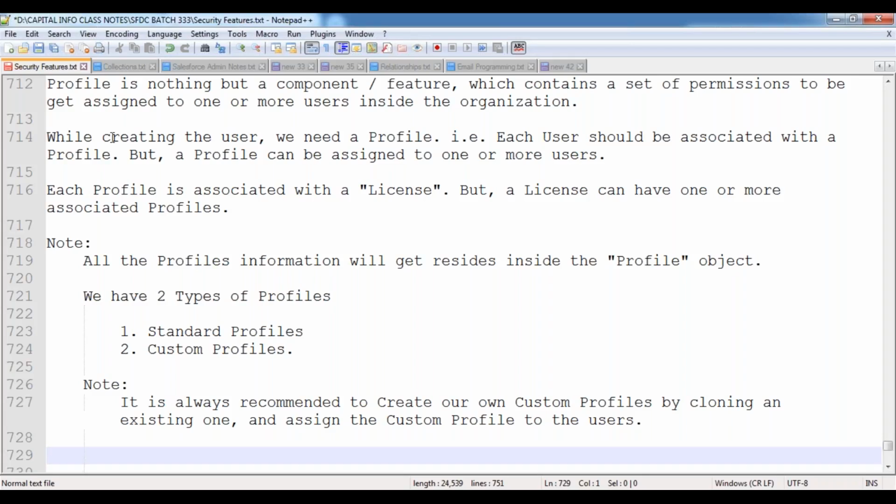Profile is the only place where we can grant all the permissions at one place. Whatever the features are there inside your organization, on all the features, that means here we can grant the permissions on the application. That means what applications the user can access, what tabs the user can access, what objects the user can access,